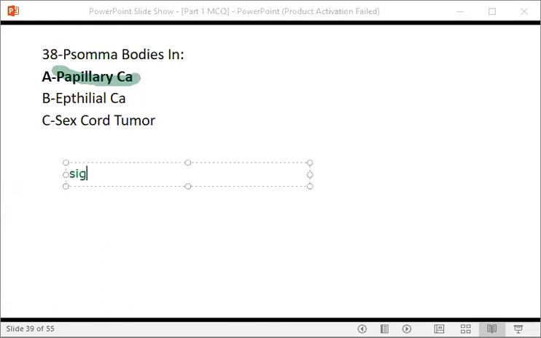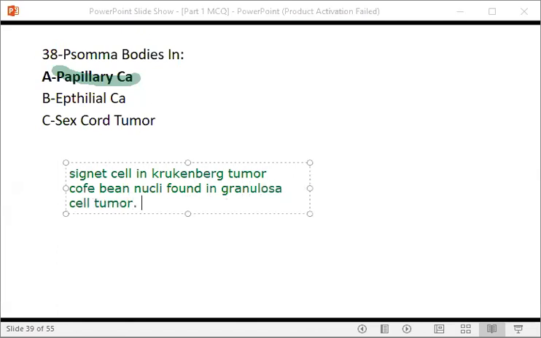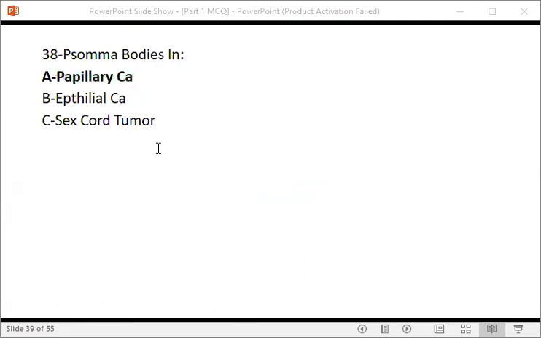For instance, signet cell, as I mentioned, تمام, and Krukenberg إن شاء الله نكتبها صح, tumor والميتاستاتيك tumor, coffee bean nuclei found in granulosa cell tumor. تمام. So I hope you got them. طيب,